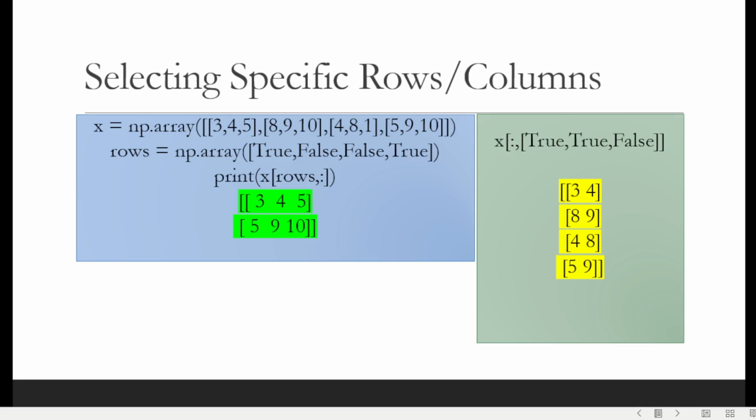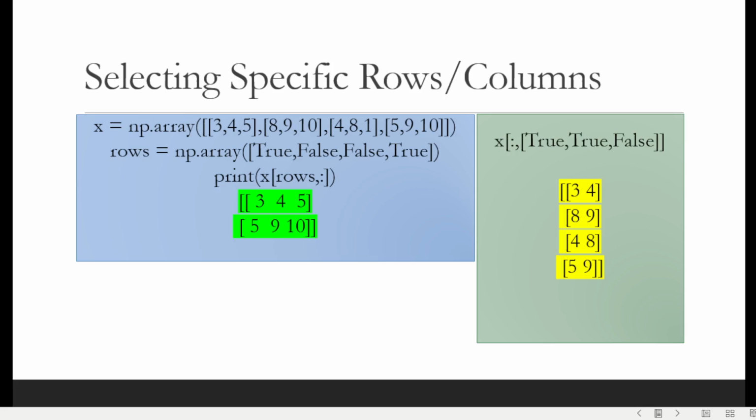Similarly, if we want to return all the rows and some specific columns, we can use it like this. Here we are extracting all rows but only the first 2 columns because the values for the first 2 columns are true and for the third it is false. So it will return values like this. So let us demonstrate this concept using Python programming.